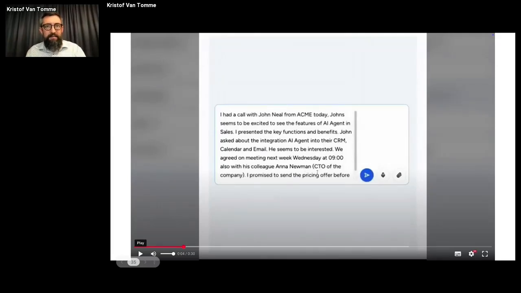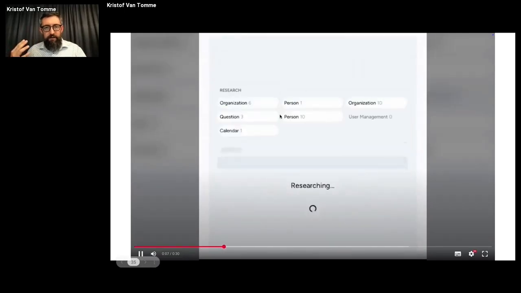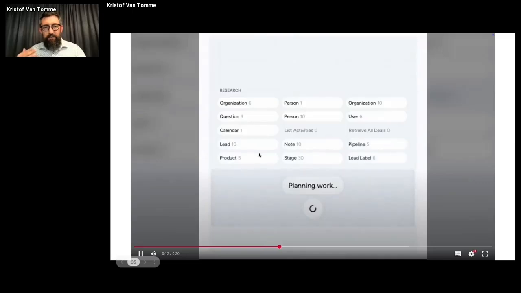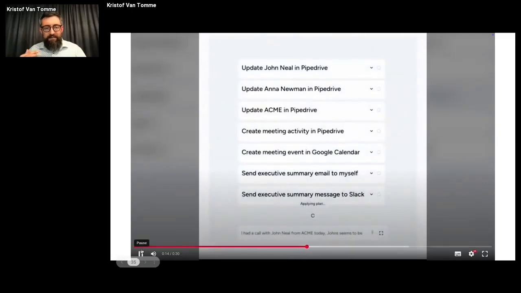He published this video of their tool where you can record a text, like you're a salesperson. You just had a call with a customer. You record it, and then you submit it, and it starts to check out all the entities that are inside the message, and then it suggests the activities that need to happen to do this bureaucratic work, to keep track of all the information that you've just collected.